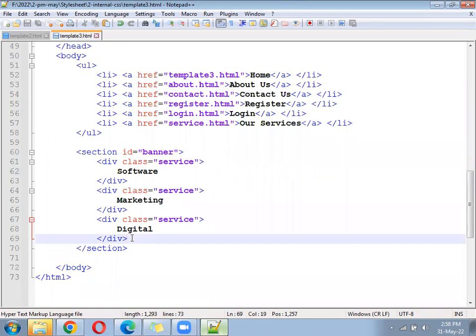Last division, copy, paste and check once where it is going. For him it is going to the same line.